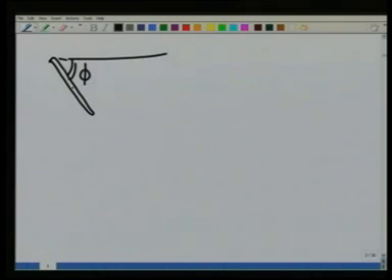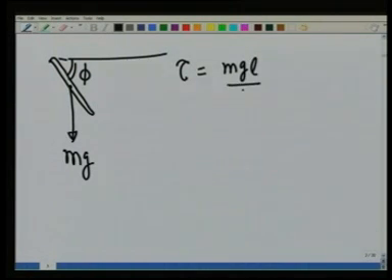At that point, all the force acts here, mg, and therefore, the torque that is being applied is going to be equal to m g L divided by 2 cosine of phi, because this distance is L over 2 cosine of phi,